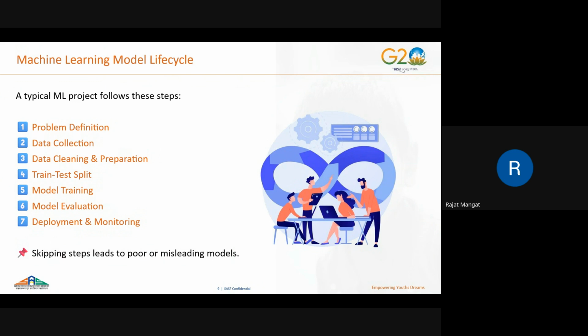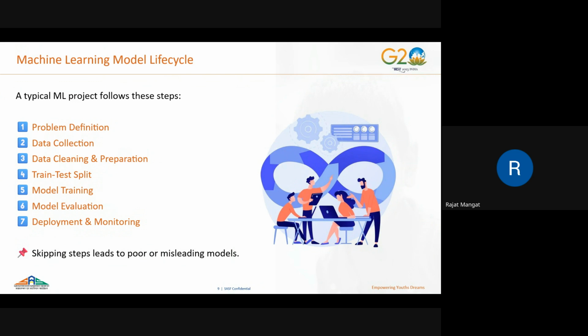Means 80% data from that 100 column, 100 fields, of those 80 fields you will be using for training. Then the remaining 20 that you have preserved, you will test the model after the training, whether the results are coming as expected or not, whether it is able to perform accurately or not. If not, how much error is coming, how much deviation is there from the original result. You will calculate the error there. Using that, you will calculate the accuracy of the model.